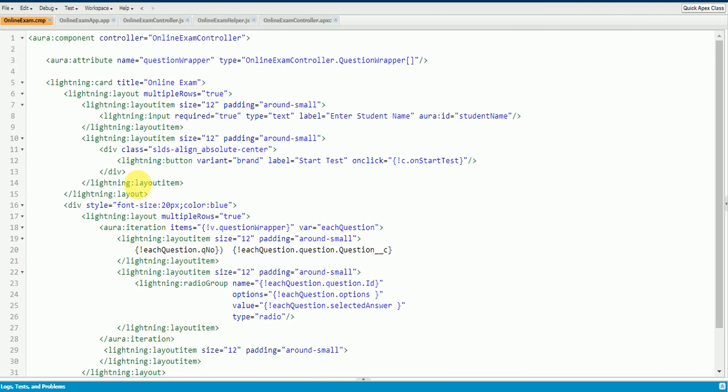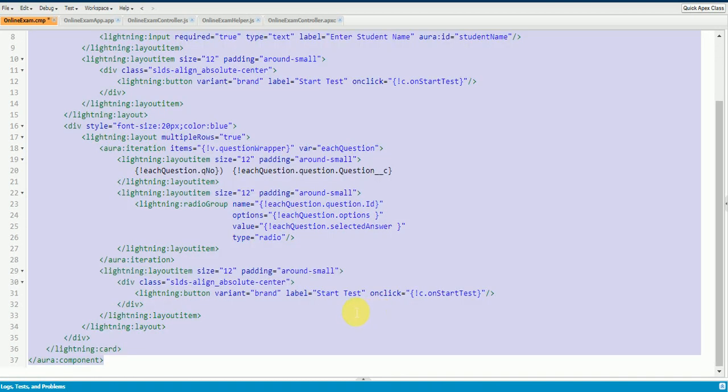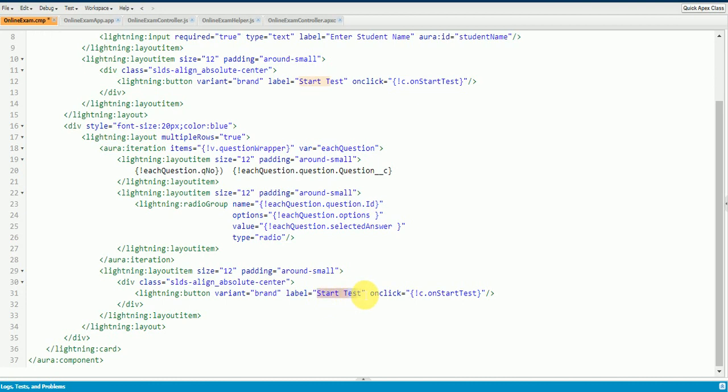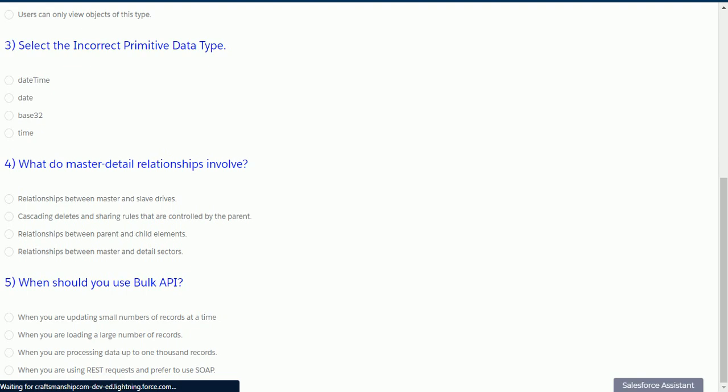Similar to the button we used at the top of the page, I'm going to use that button itself, but I'll change the label. I'll name this submit, and on click I need to call this on submit function. I'll also declare this in our controller. Now if I go back and refresh the page,